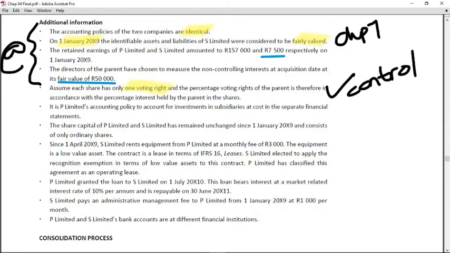It is P Limited's accounting policy to account for investments in subsidiaries at cost in its separate financial statements. This is also part of your at acquisition information that you need, because you eliminate the investment by the parent against the equity of the subsidiary at the cost of that investment, the original consideration. Now, in the separate financial statements of the parent, we saw the amount for that investment, and because it's measured at cost, it remains at cost in the trial balance of the parent, so that gives you the consideration paid